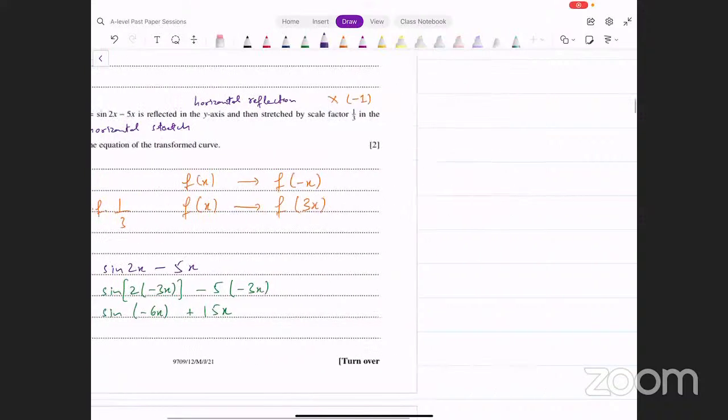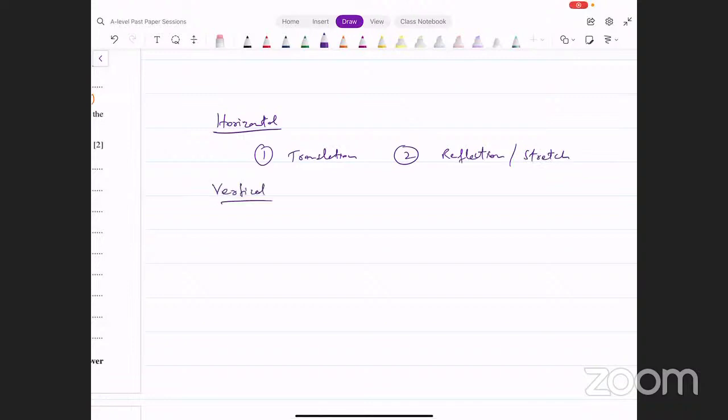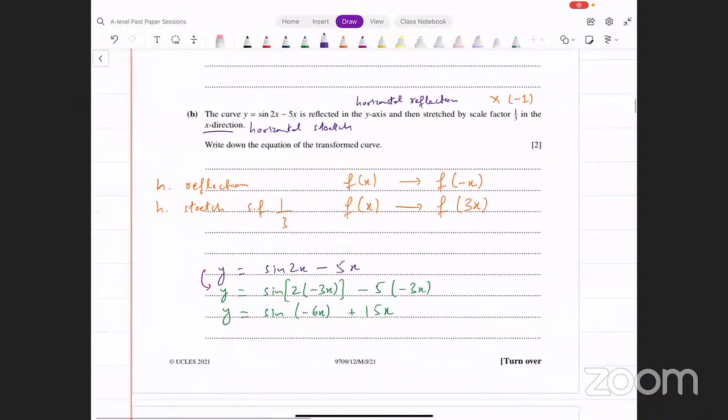सो लेट मी राइट दैट डाउन। हॉरिजॉन्टल में आपका जो ऑर्डर होता है दैट गोज लाइक दिस, फर्स्ट ट्रांसलेशन and then you do reflection or stretch, उसमें it doesn't matter। vertical में क्या करते हैं, vertical में you first do stretch or reflection and then you do translation। so this is how the order works in transformations, all right।